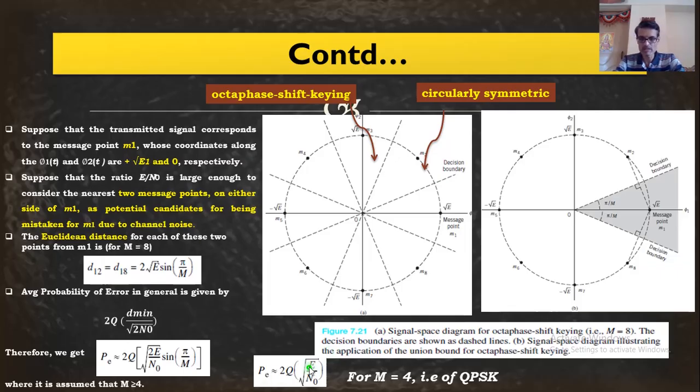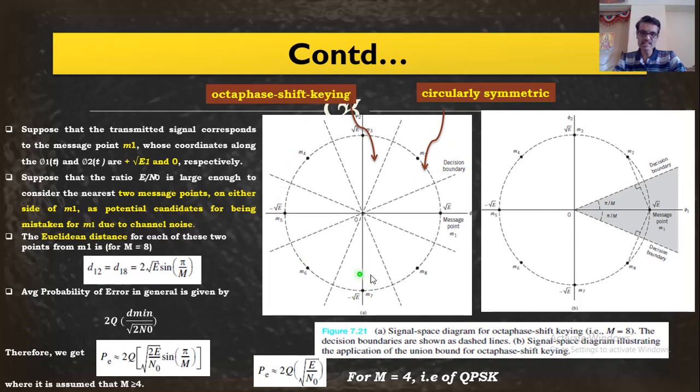Okay, and same formula we have obtained earlier in the topic QPSK. Fine. So before proceeding to the next slide, just look at this again. This is octaphase shift keying, because M is equal to 8. 8 phases are possible, so we can call this method octaphase shift keying. And just look at this.